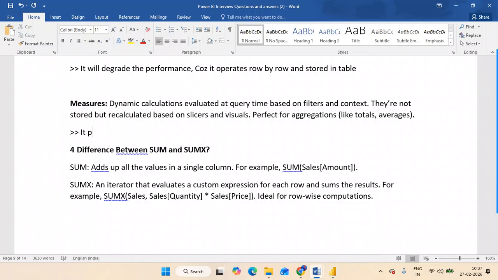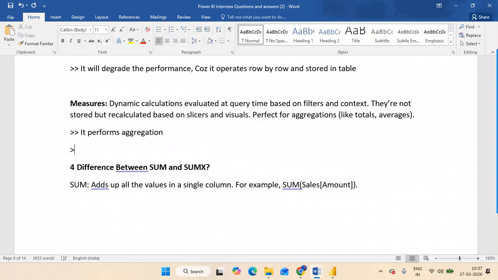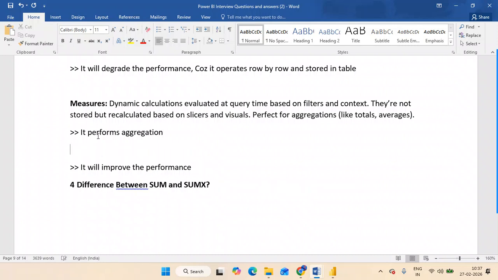It will improve the performance. Before that I'm going to write one more point here.